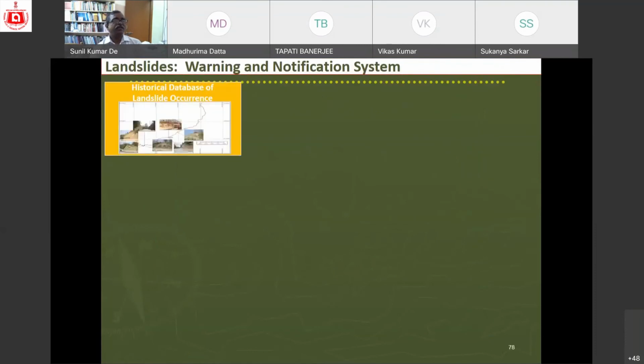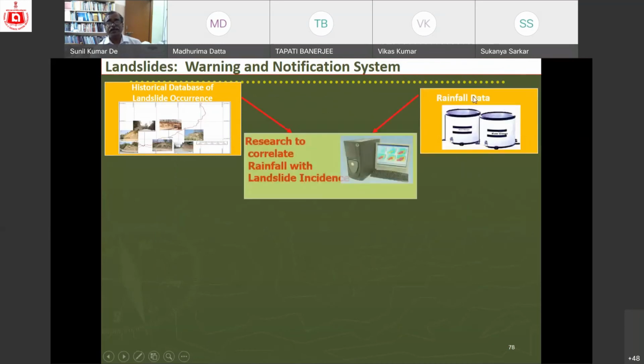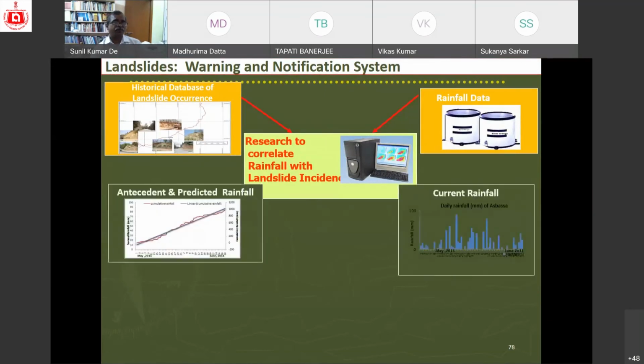So with this, we need the warning system. Firstly, we need a historical database, along with geotechnical investigation. We need rainfall data, and we need to correlate with this rainfall. If we get earthquake data, NGRI is supplying this earthquake data nowadays, so we need to correlate with this one, so that if any amount of rainfall takes place along any unstable slope, we can predict clearly that this slope is unstable, evacuate immediately from that slope.